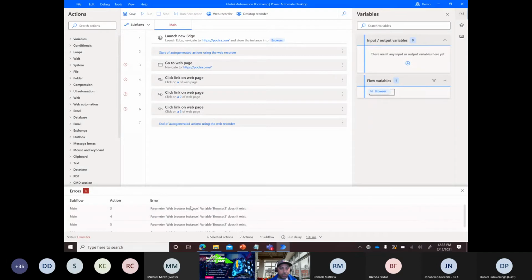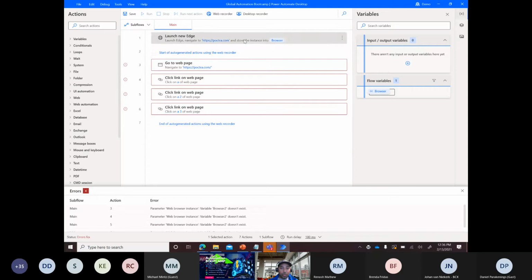So in this case, you can see that it says web browser instance variable browser2 doesn't exist. That's fine. We are not seeing that browser instance there because I might have deleted the website. Yes, I did. When I recorded, there was one task up top which I deleted. I need to go back and add. I can just use this one and say,